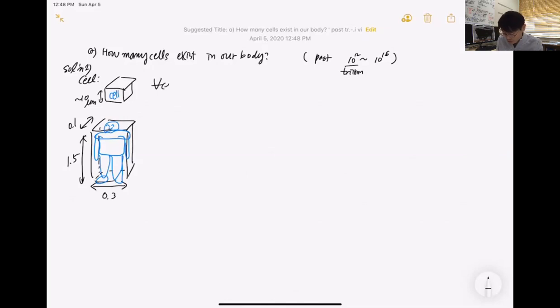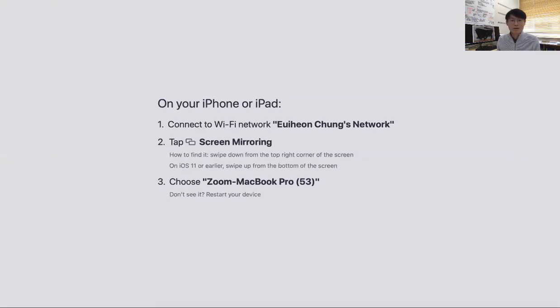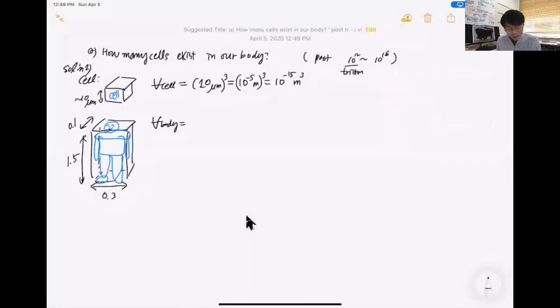On the other hand, our human body volume can be estimated. Let's say front to back is about 10 centimeters, 0.1 meter. Side to side, let's say about 30 centimeters. And the height, let's say 1.5 meters, which is a little small, but considering the empty space, this might be a rough ballpark figure. So this body volume is 0.1 times 0.3 meter times 1.5 meter, which is about 4.5 times 10 to the minus